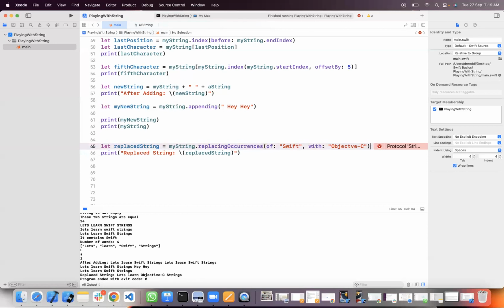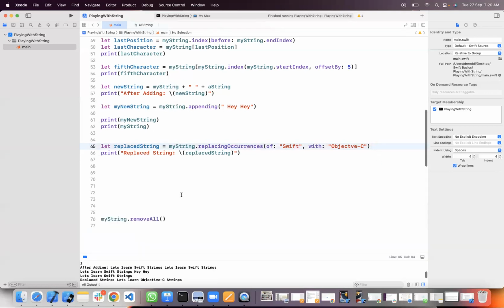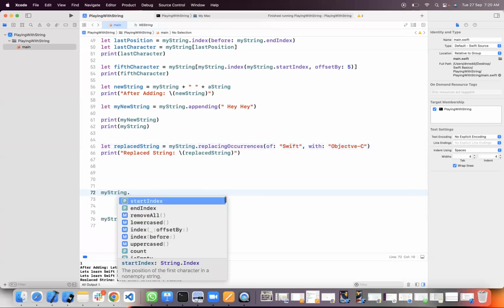Okay, there are methods, you just need to use them. There are hundreds of methods, but we have seen 10 or 12 methods which are required. Most of the cases, you use the same thing. If you do not know anything, you can simply type here my string dot. It gives you all the methods: start index, end index, remove all, lowercase, how to get the index, how to get the index after or before,